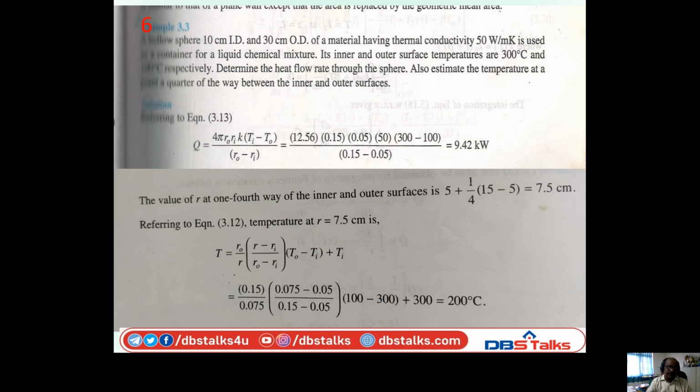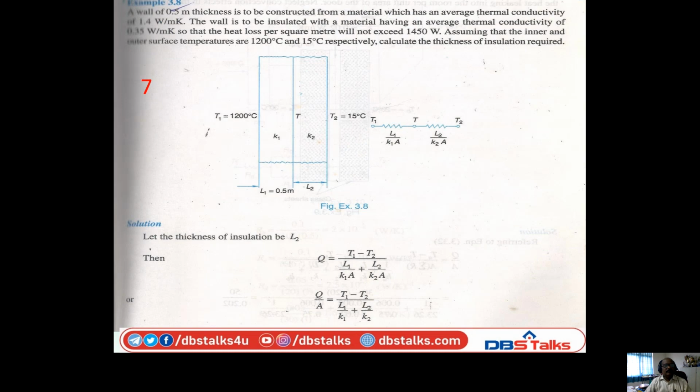Next, we will go to the next problem. This problem belongs to a composite wall. See, a wall of 0.5 meters thickness is to be constructed from a material with an average thermal conductivity of 1.4 watt per meter Kelvin. The wall is to be insulated with a material having thermal conductivity of 0.15 watt per meter Kelvin, so